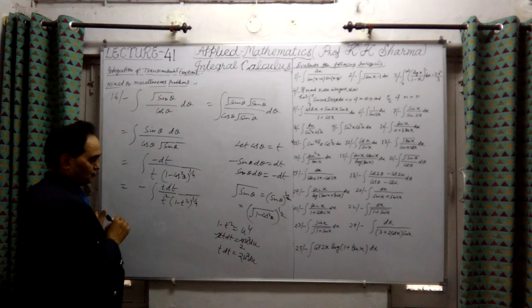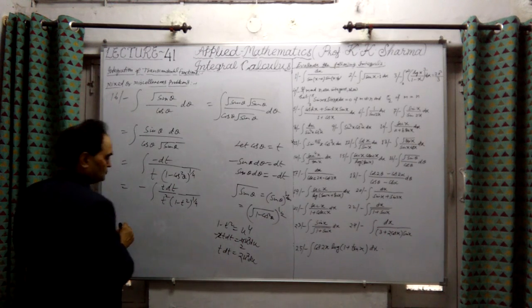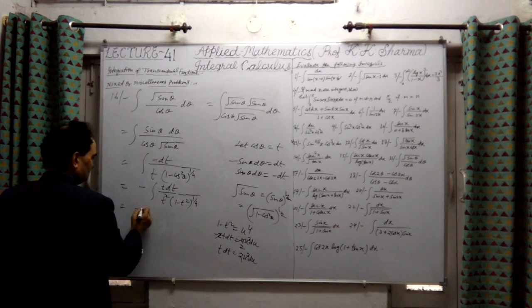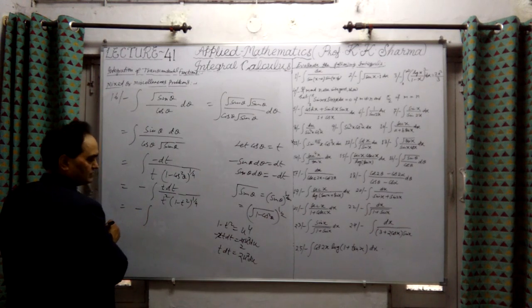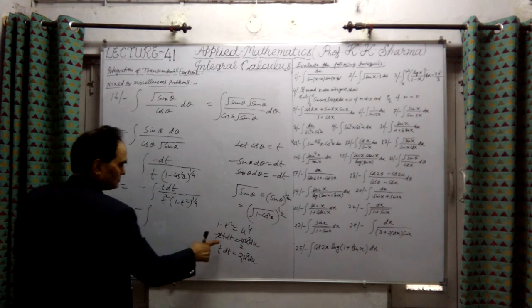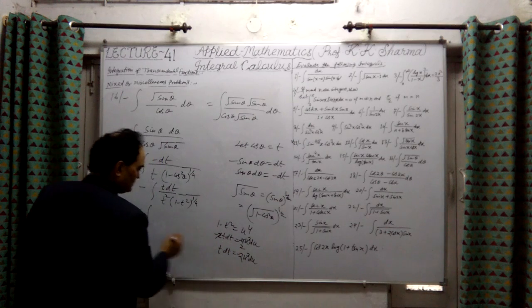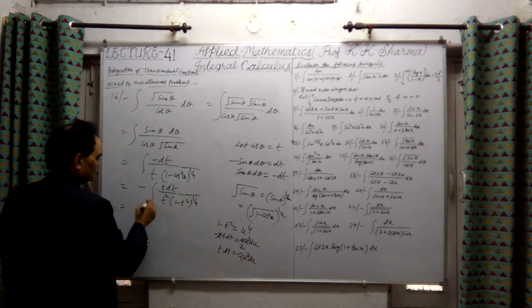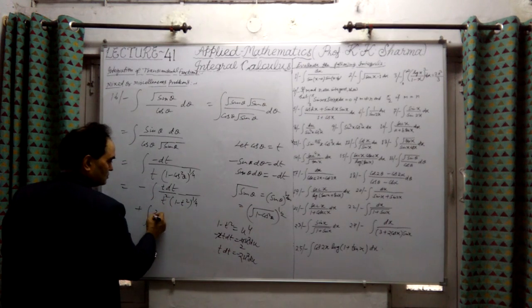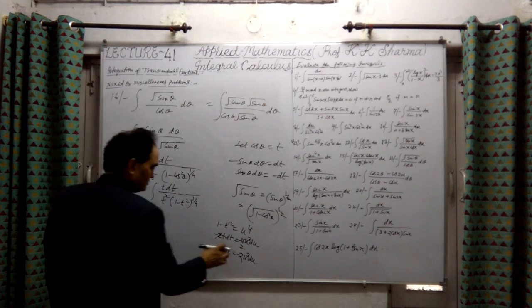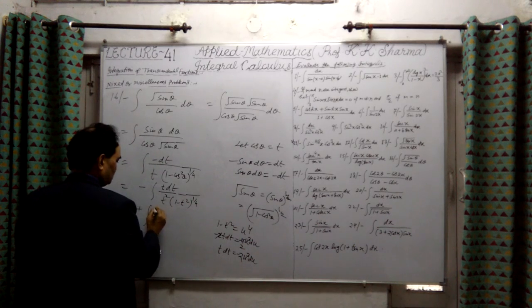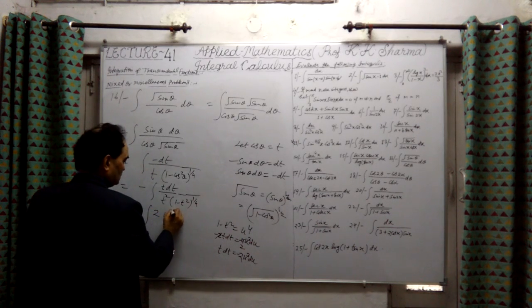Now t dt equals minus 2 u cube du. Now it is 2 here, it is 2 into u cube into du